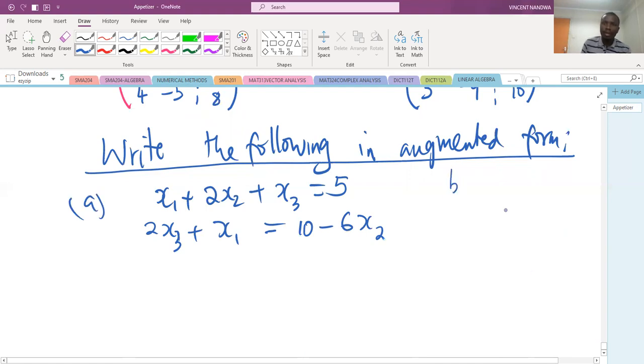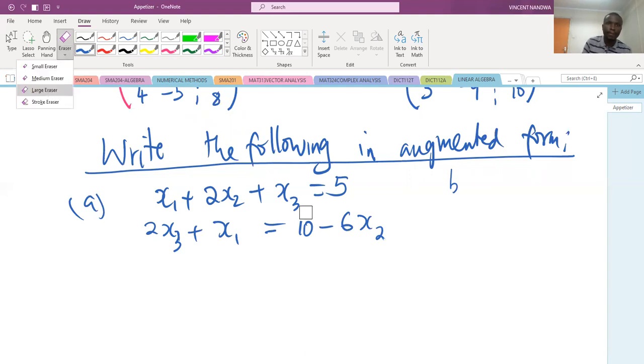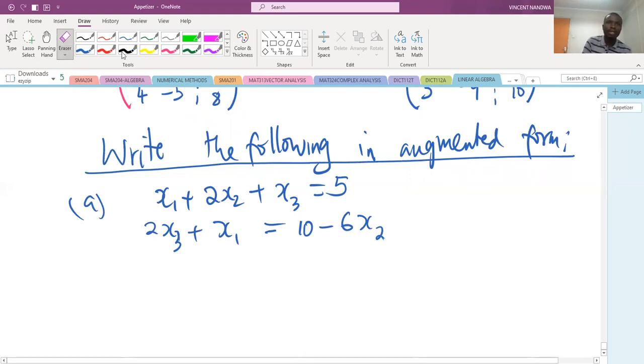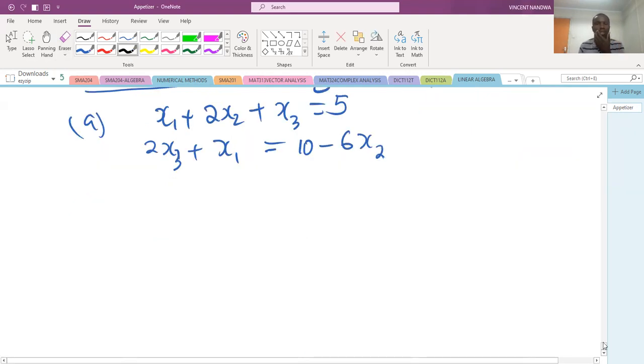And then B, so let's solve this one first. This one is a good example because it requires you to do two steps. First, rearrange so that we have the variables in line, and then get the matrix equation, and then the augmented form. So solution,